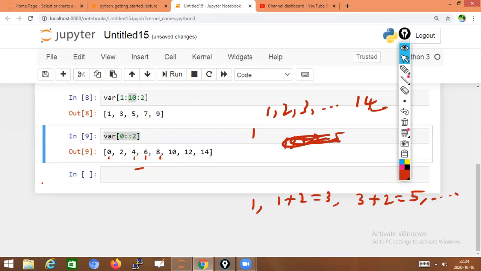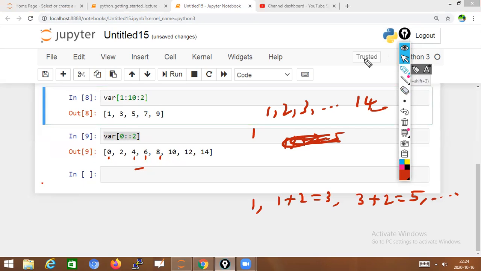Like this. In the list, how many elements will be there? 0 to 14 elements will be there. So it started with 0. Every time it is increasing by 2: 0 plus 2 is 2, 2 plus 2 is 4, 4 plus 2 is 6, 6 plus 2 is 8. Like that it is proceeding. Okay, this is more about the list variable.